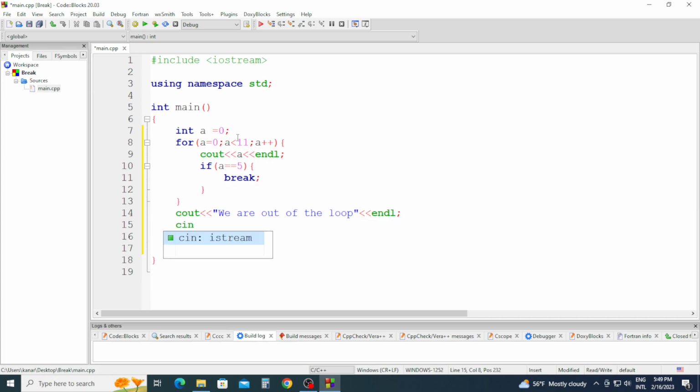And I'm gonna declare cin.get parentheses semicolon. I'm gonna click build and run, and we're gonna see how this program will work. It should stop at 5, and we're gonna exit with a message we are out of the loop. So build and run,